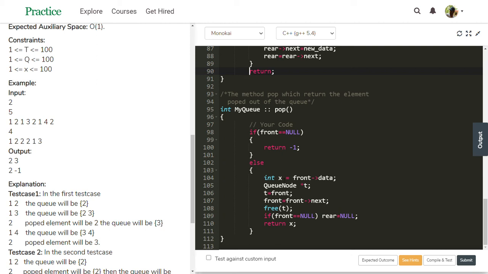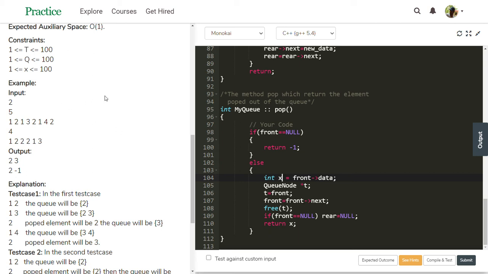In that, take the variable x to get the data. x equals front data. Front means the left node in the linked list. Then create a temporary QueueNode t equal to front, so t also points to the left node, front. Then front equals front next.